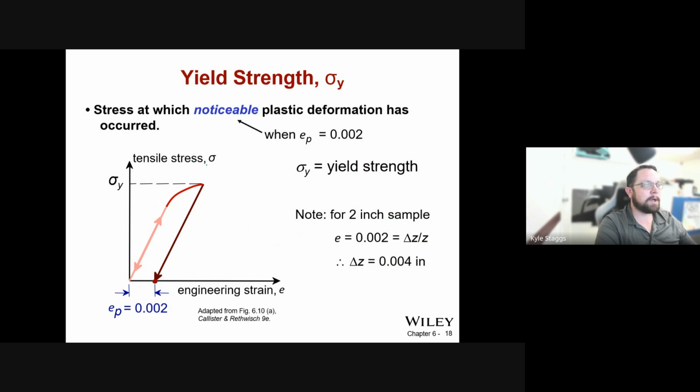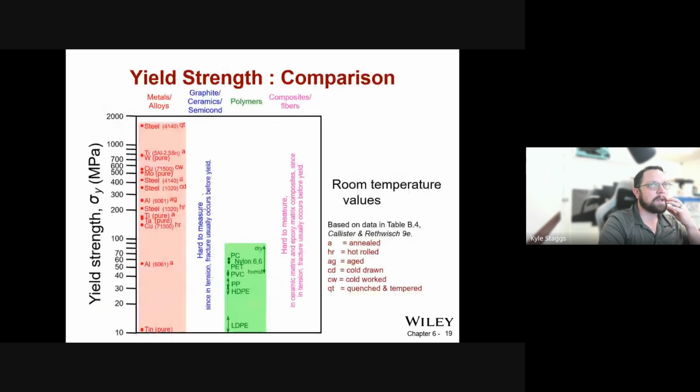And some aluminums can have a yield strength that is close to that of mild steels and things like that. So this is part of the reason why they're used for aircraft frames and things like that. They need to be very strong, but also very lightweight. So those tend to be a good choice. So the yield strength here